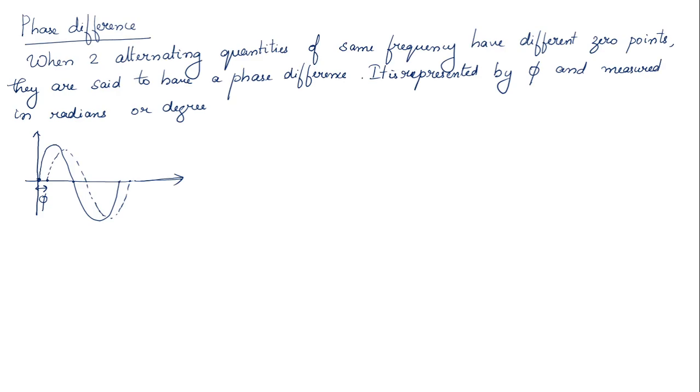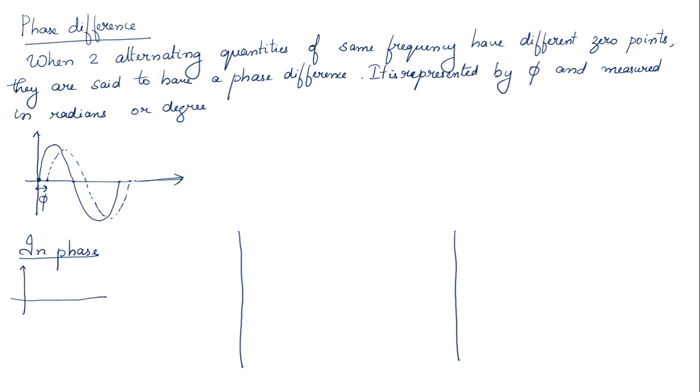So the phase difference itself can be expressed in 3 different ways. So let's move on to the first one. The first one is known as in phase. What is meant by in phase? Okay, so I'll draw a figure and I'll show you how we can understand what is in phase concept. Okay, so in phase, you can see a waveform here.